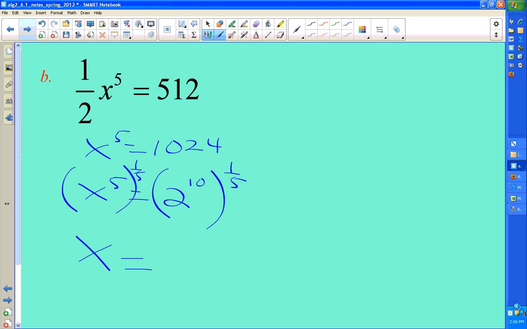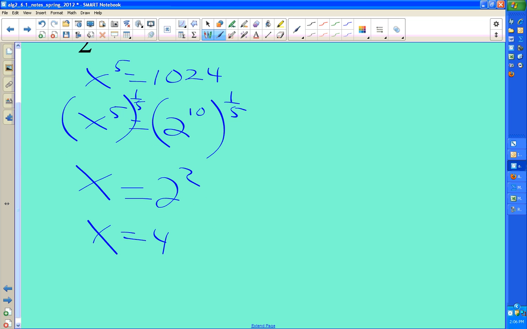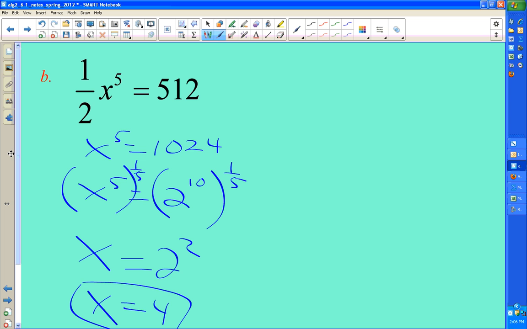Fifth root? You could, but again, it's easier to do powers multiplied. What do we get when we multiply powers? 2. So you have 2 squared. And that's 4. Yeah. I'm just going 10 plus 5. Could we just see that 1,024 is 2 to the 10th, and then 4 is just double 2, so it's